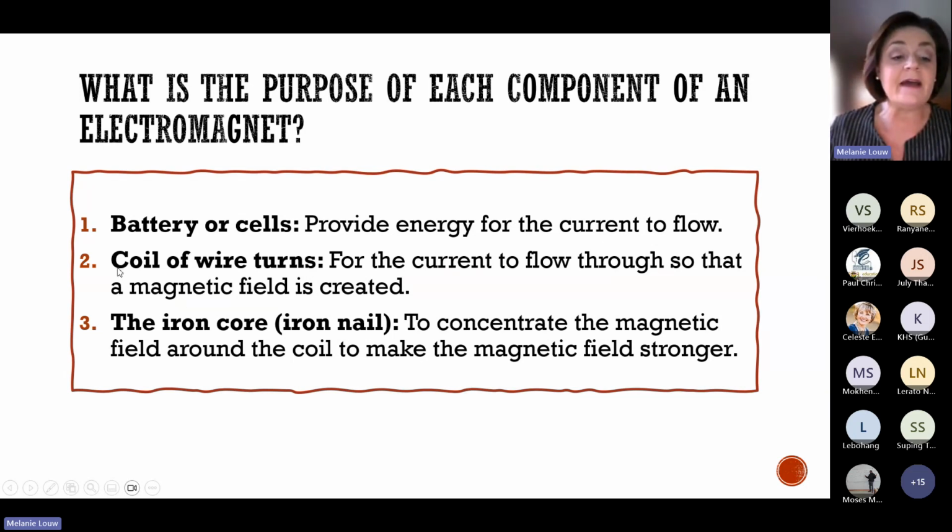And then secondly, we had a coil of wire that was turned around the iron nail. And what is the purpose of the coil of wire? That is where the current is going to flow through, so that a magnetic field is created. And then lastly, we had an iron core or an iron nail. So what is the function of this iron nail? It is to concentrate the magnetic field around the coil to make the magnetic field stronger, so that our electromagnet